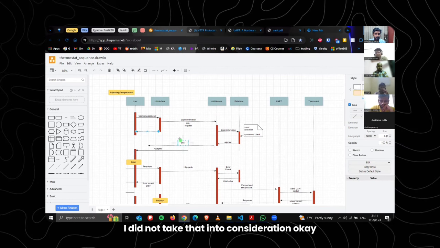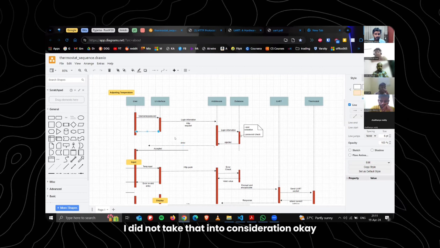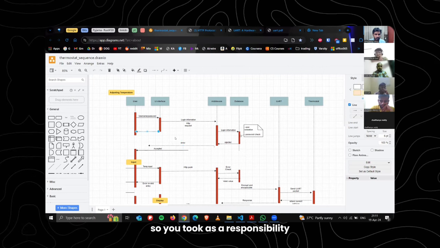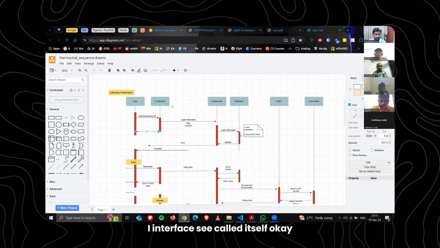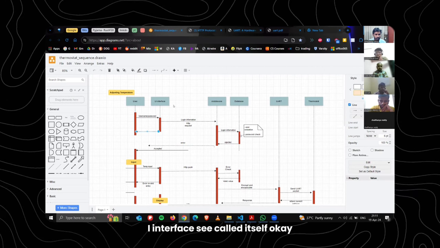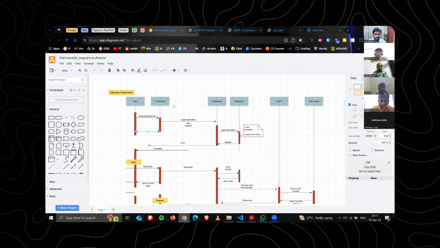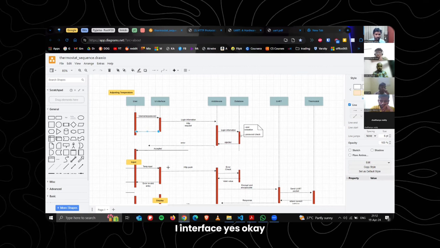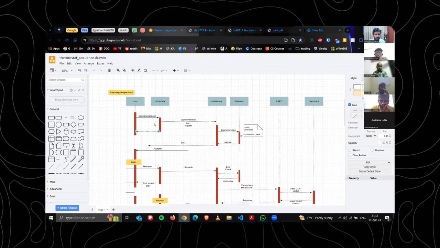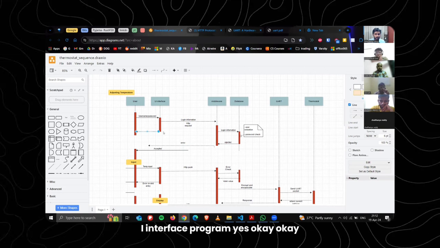I did not take that into consideration. So you took it as a responsibility. Yeah, because it will call that function within the UI interface C code itself. It will packet that whole thing in the UI interface. Yes, that responsibility is part of the UI interface program.